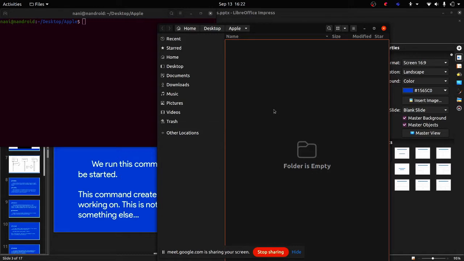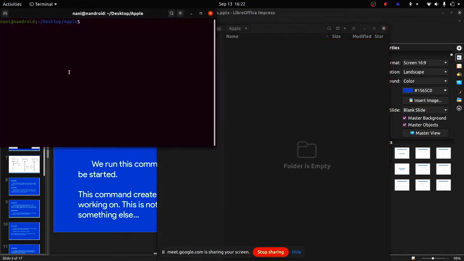That is the reason we use the command git init. When I type this command and press enter, it says initialized empty Git repository. It is not connected to anything, it is just creating an empty repository.